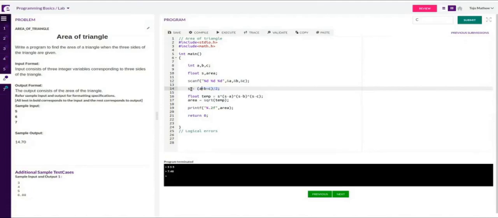Essentially, the value is same. Now we are going to compute the area using that S. So everywhere, instead of 7.5, we are using 7. And obviously, our result will differ. That is why I'm getting a wrong answer. So what we need to do is, we have to typecast at least one of these variables.